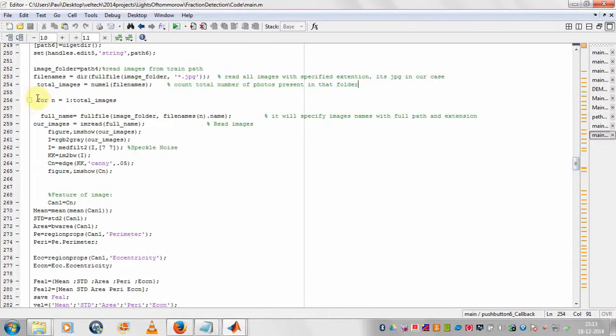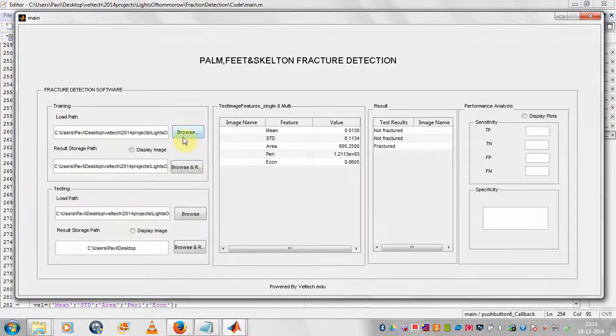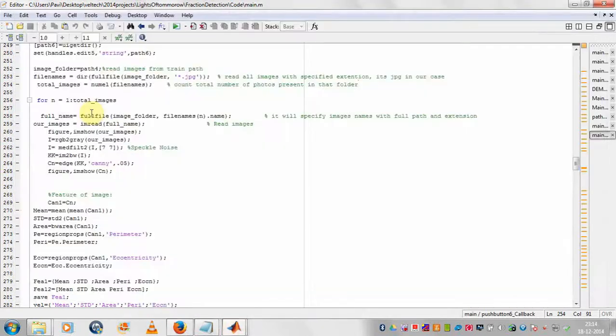The main algorithm is from line number 256 to 265. Once you press this button, the algorithm which I mentioned earlier will be implemented.